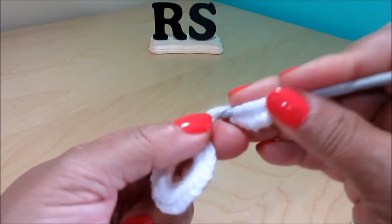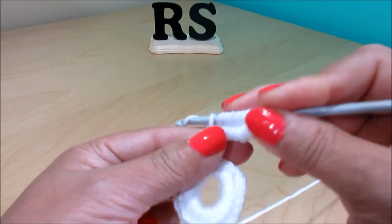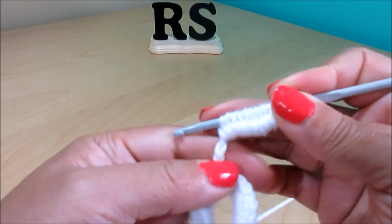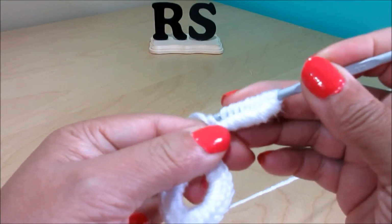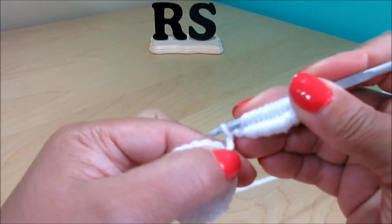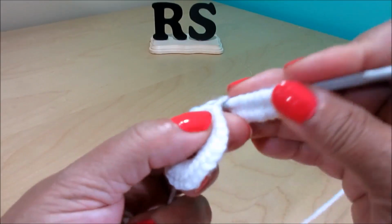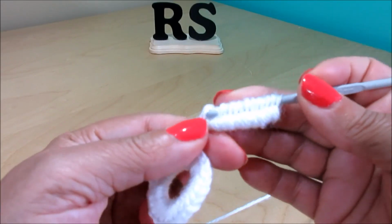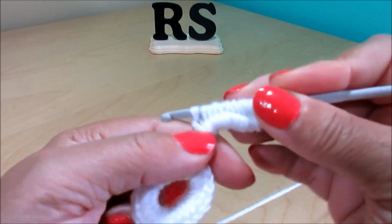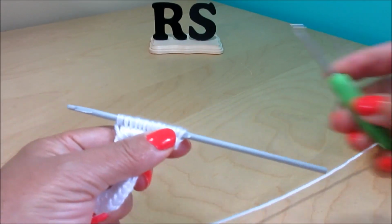8, 9, 10, 11, 12, 13, 14, and 15. And you see, that's why you need a hook that doesn't have this in the back, because otherwise